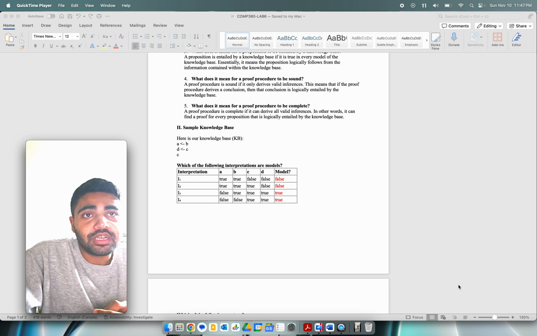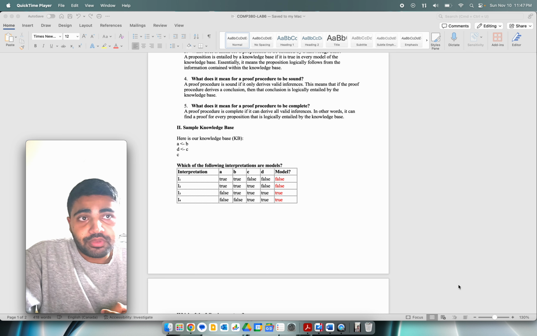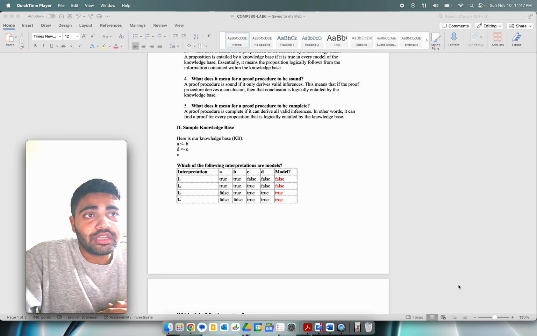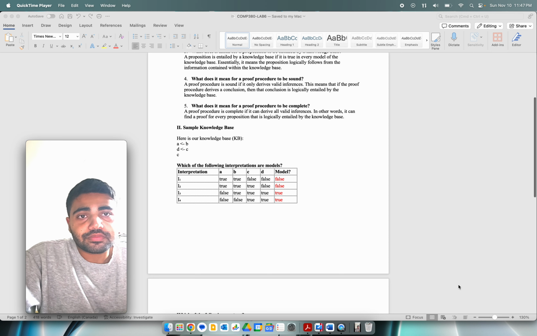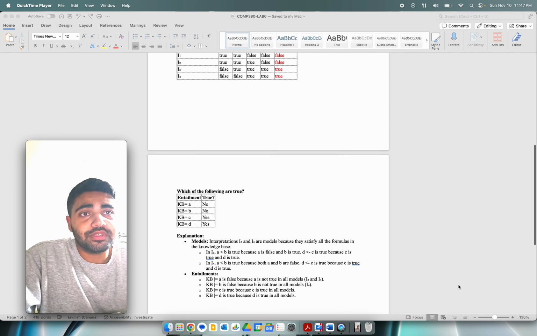We examined 4 interpretations assigning true or false to each variable and found that interpretations I3 and I4 are models. Why? Because they satisfy all the conditions in the knowledge base, even if some values are false. For example, in I3, A if B holds because A is false and B is true, which doesn't contradict our knowledge base. Then we analyze entailments,